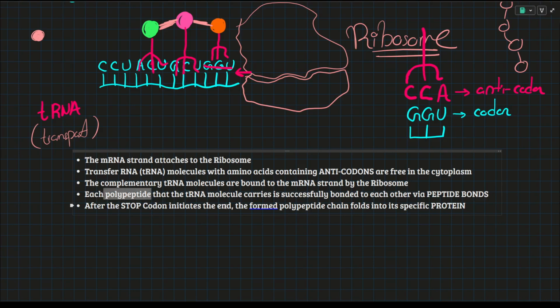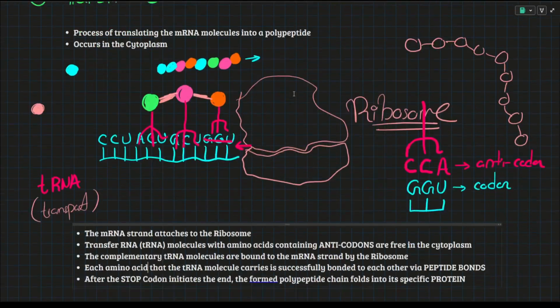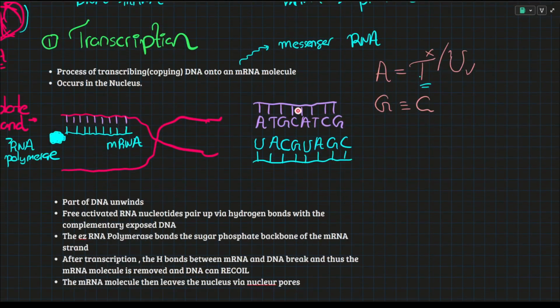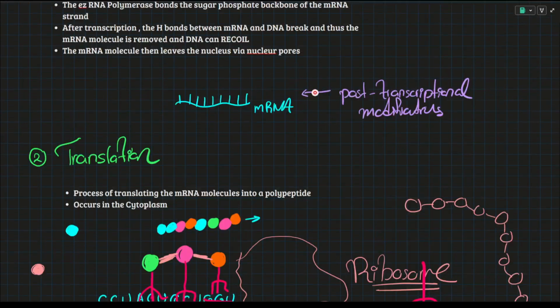Now, what's the mistake I told you that was in this? Does each tRNA bring a polypeptide? No. Each tRNA brings an amino acid. I just want you to be clear on that distinction. I also kind of messed up the words a couple of times. If you have a growing chain of amino acids, that's known as a polypeptide, which can then form a 3D protein. Okay, small distinction, but marks can be lost if you mess things up. And those are the two overall processes of transcription and translation.